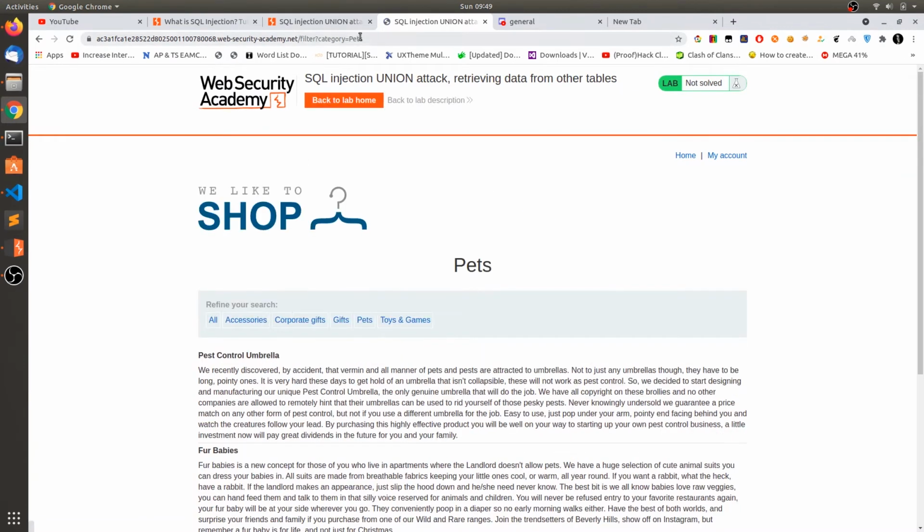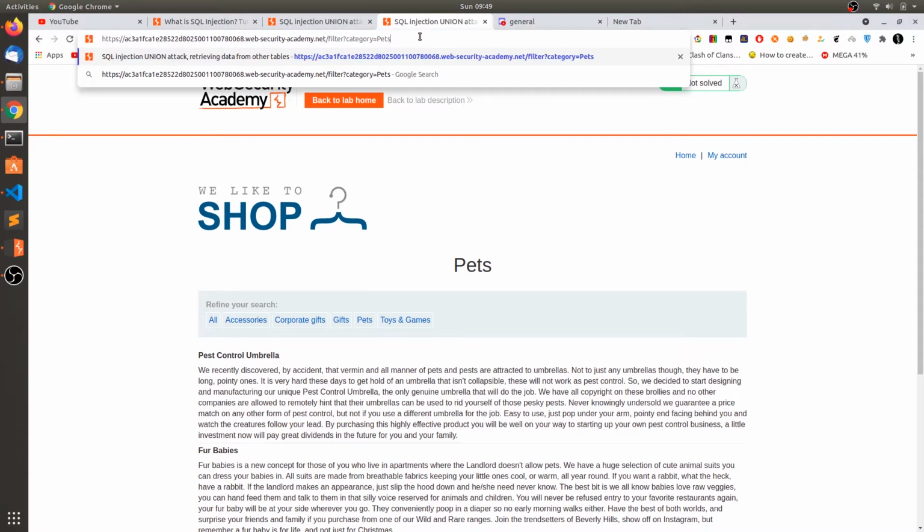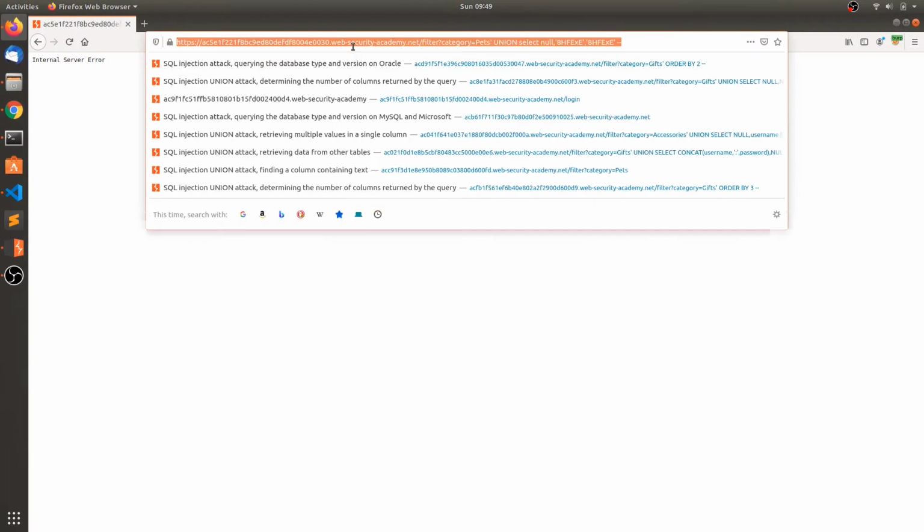Click on pets. The category parameter is prone to SQLi. Let's copy this and paste here.